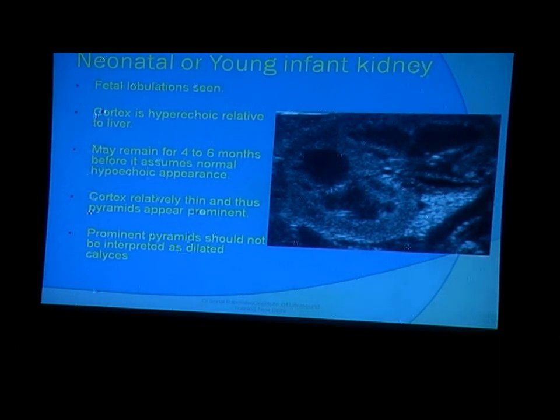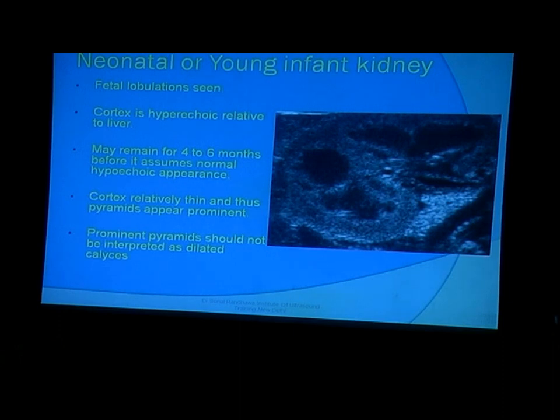Now, a young or infant kidney or a neonatal kidney is different from an adult. When you look at an adult kidney, what differences are you finding here? You cannot differentiate clearly where the cortex is and where the sinus region is. They look the same. Overall kidney brightness is high. That is the first thing. Second thing you will notice, look at the pyramids. Normally in an adult kidney, we don't see such clear pyramids. They are not so obviously seen. So these are the two differences that you will find in a neonatal or young infant's kidney.